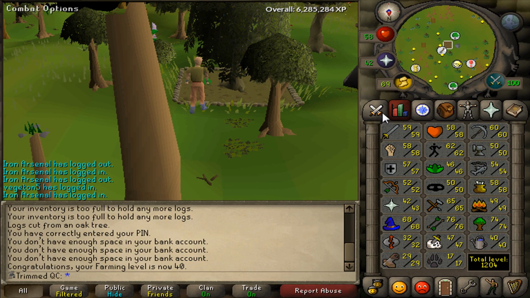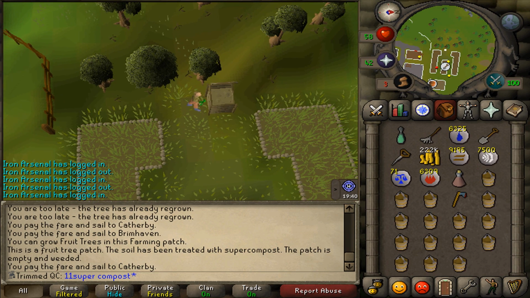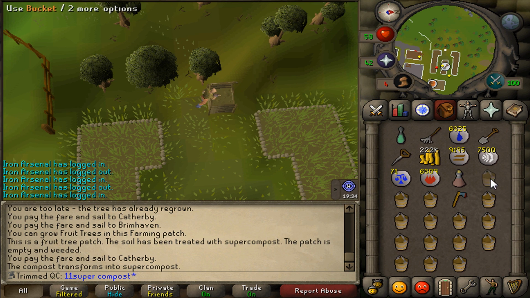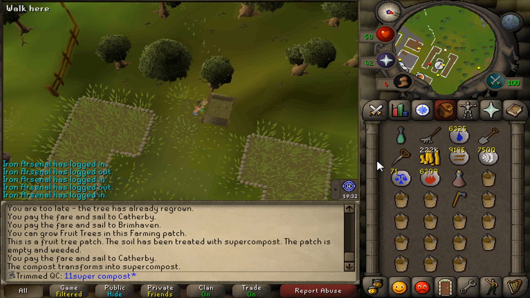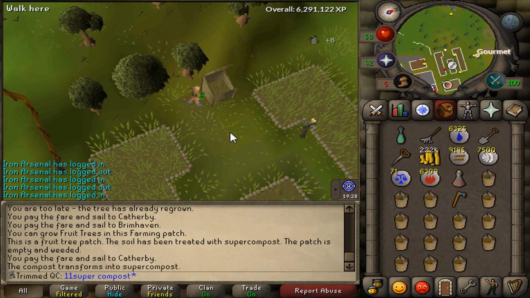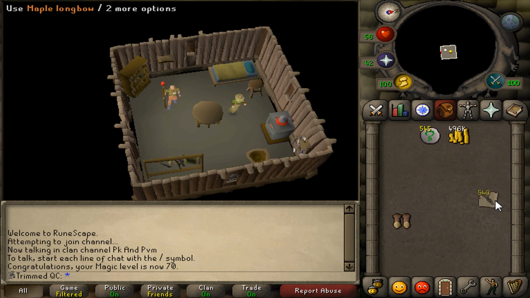40 farming coming in. Sweet. Love this compost potion. It's so cool. You get it from Garden of Tranquility, and I'm pretty sure it's the only time you'll ever use it, but it's kind of cool. So I just missed the recording, but I did just hit level 70 magic,